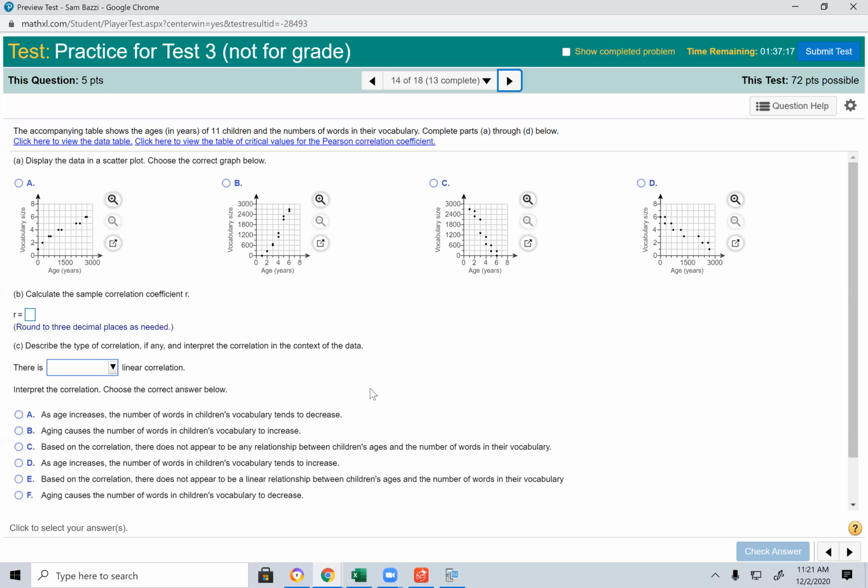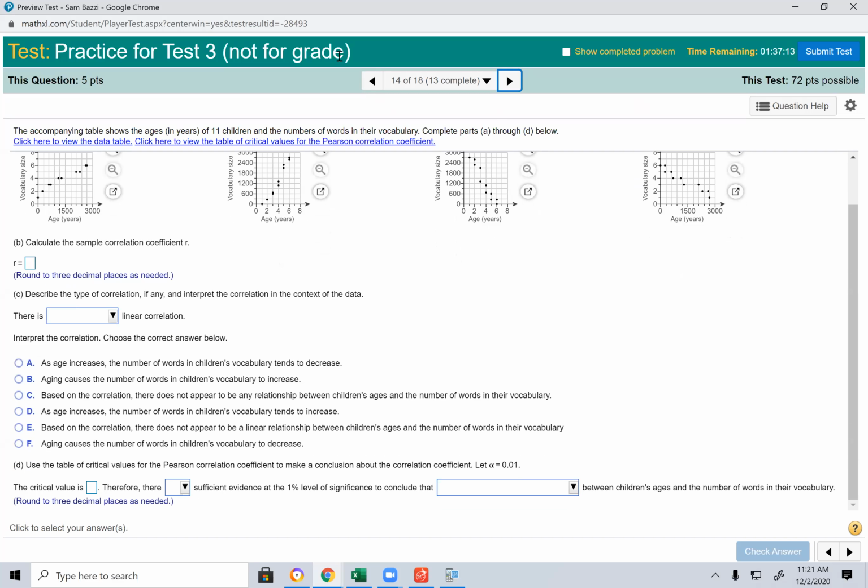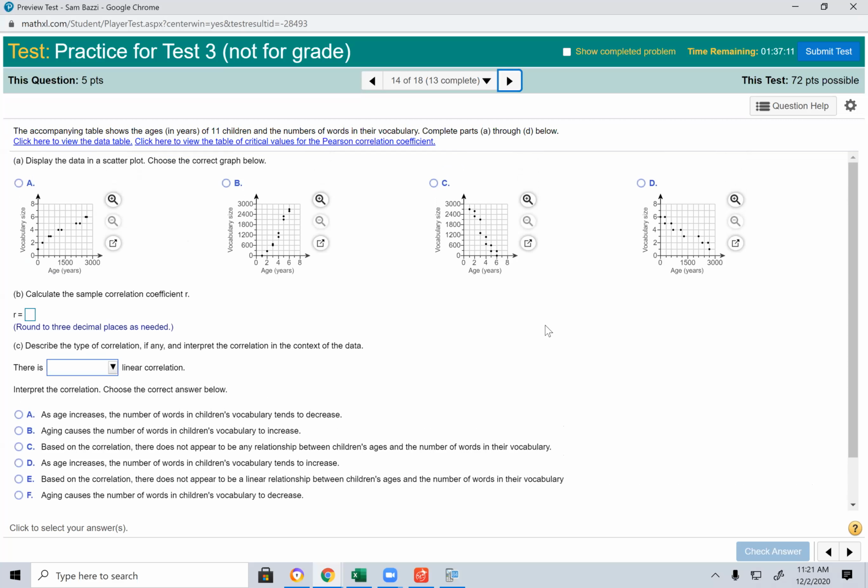Okay. For the remaining parts, let me just stop here. And for the remaining parts, guys, I'm going to do a video for 14, 15, 16, 17, 18, and make it available to you because the time is not going to permit that we get them done. But by the time I enter the data into the calculator, the time will have expired by